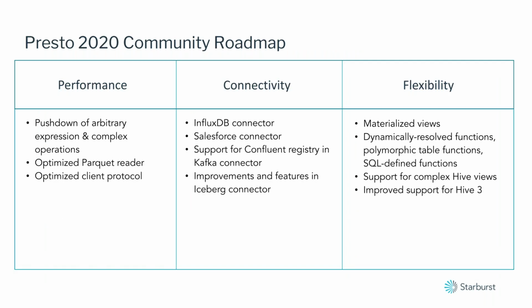Right. In terms of what's coming up over the next few months, this is a roadmap that we put up at the beginning of the year, and one of the things to keep in mind is that this is driven by what people are working on in the community, what people are interested in working on right now. There are a few areas involving performance, improving connectivity with different connectors or improving existing connectors, and adding more flexibility